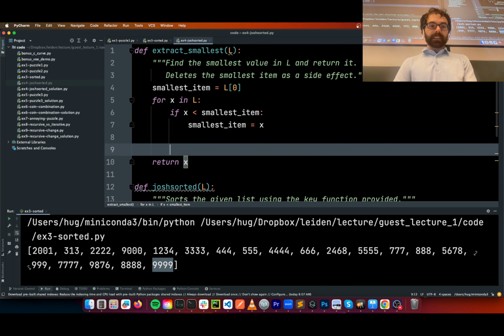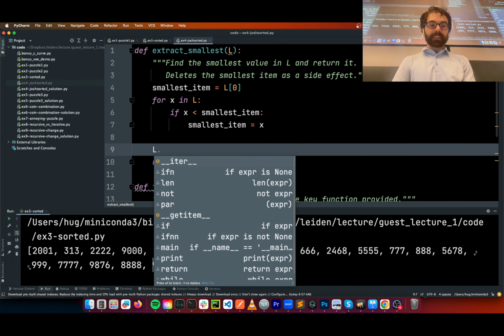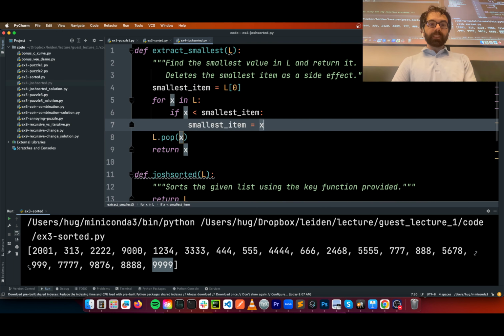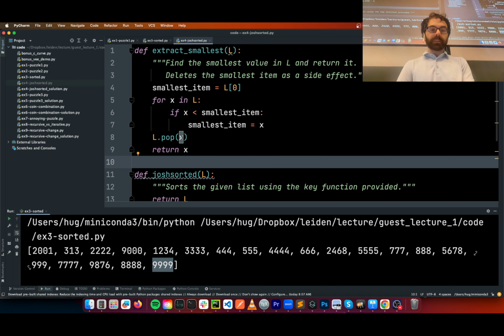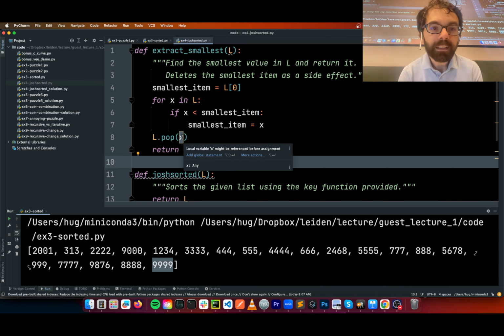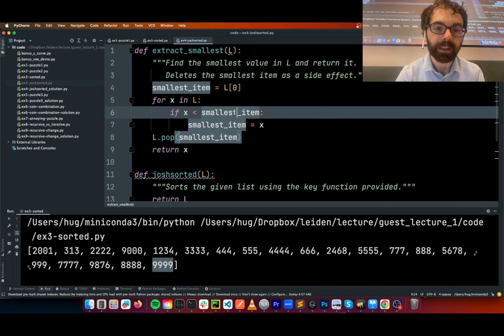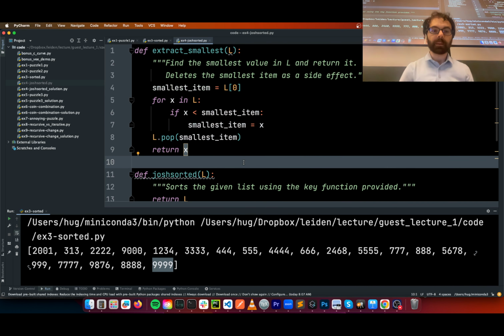Okay, so whenever we're done, we could try doing L dot pop x, though I don't know that this behaves well, because if we highlight this, we see it's yelling at us. Not being someone who writes Python all the time, I feel a little nervous about this. I'm not sure that pop actually removes by item.